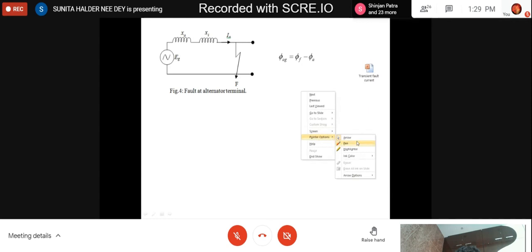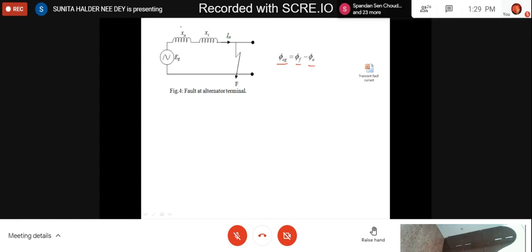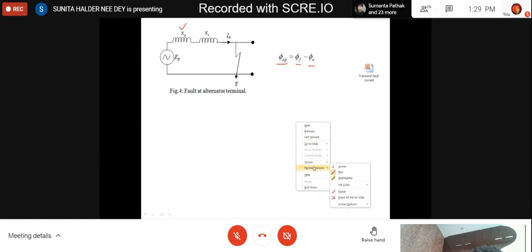Then what will be the resultant air gap flux? Always field flux minus armature reaction flux. And this armature reactance has been found out experimentally under normal operating condition, when the generator is loaded with its rated current, maximum current, according to its rating. But when there is a fault, this IA is varying, and this IA is very high as compared to its rated value.